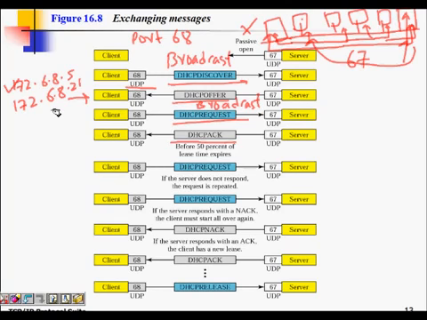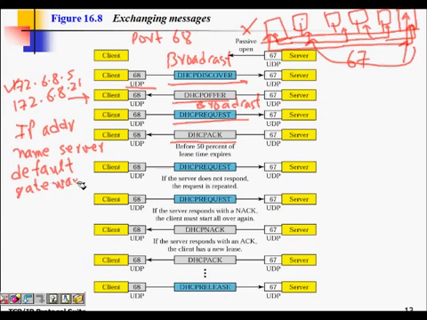Along with that it also sends the IP address, the IP address of the name server, and the default router gateway. Now I'm using it, and let's say he had allocated this IP address for 3600 seconds.